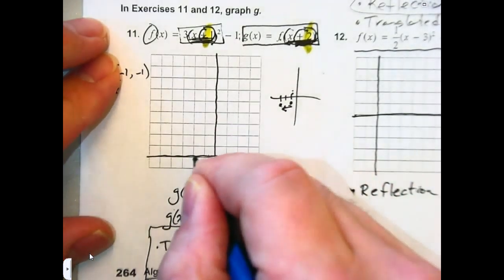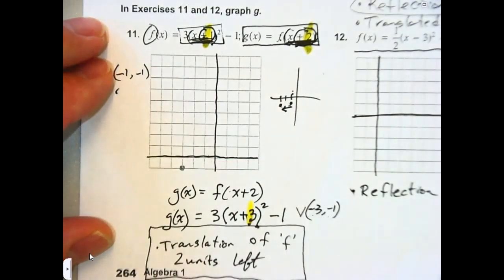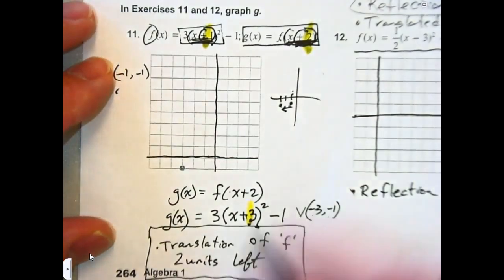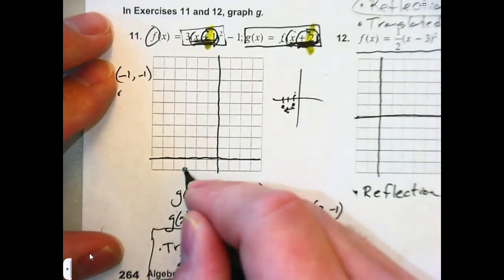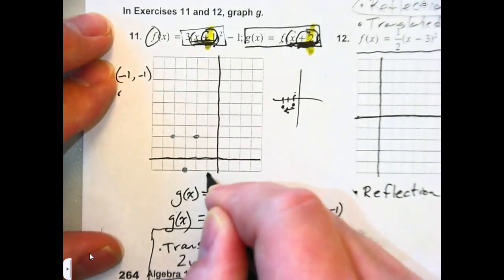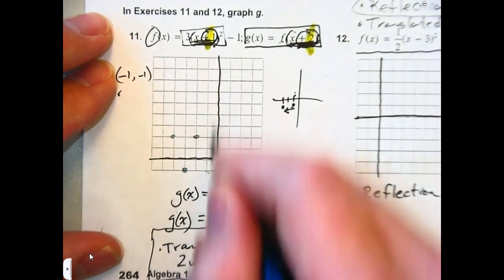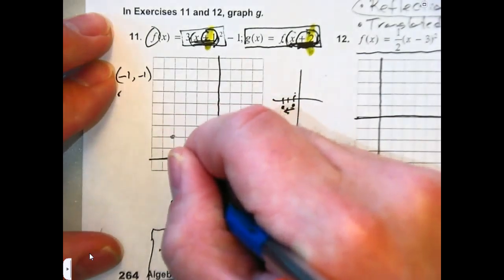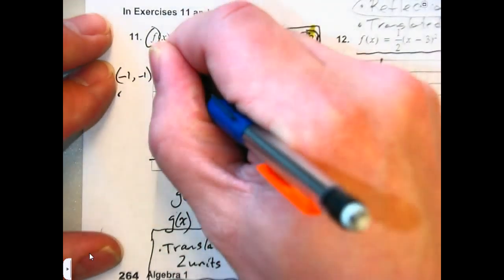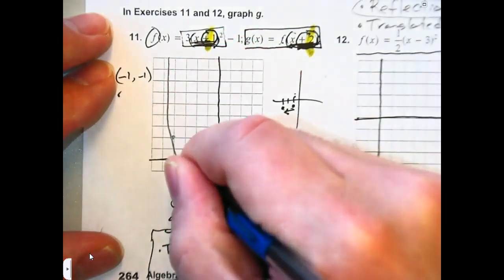We plot that right there. We then look at our a value, which is 3, so we go over 1, up 3. We go over 2 and up 4 times 3, which in this case would be 12, but that wouldn't fit if we're going up by single units. Therefore, I'm drawing my parabola in, hitting those points,